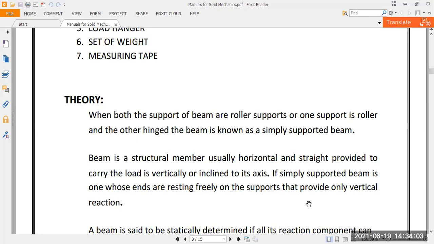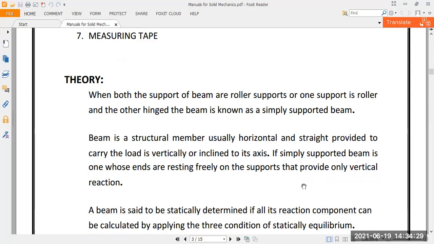If both ends are just freely supported, then this type of external load is never possible to carry. The beam cannot carry this type of external load which is at an angle with its axis. It can never carry it. So one side must be hinged if you want to carry an angled load or an axial load at an angle with the axis. Here we only have a simply supported beam, so we can apply only vertical loads, so that we have only vertical reactions, no horizontal reaction itself.